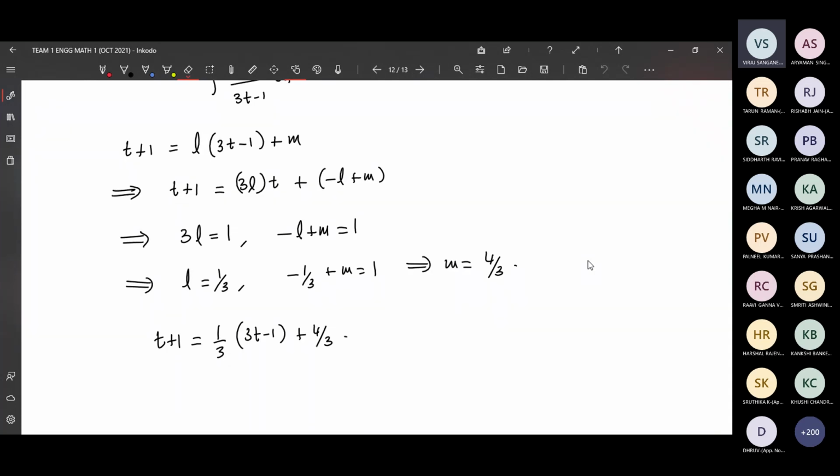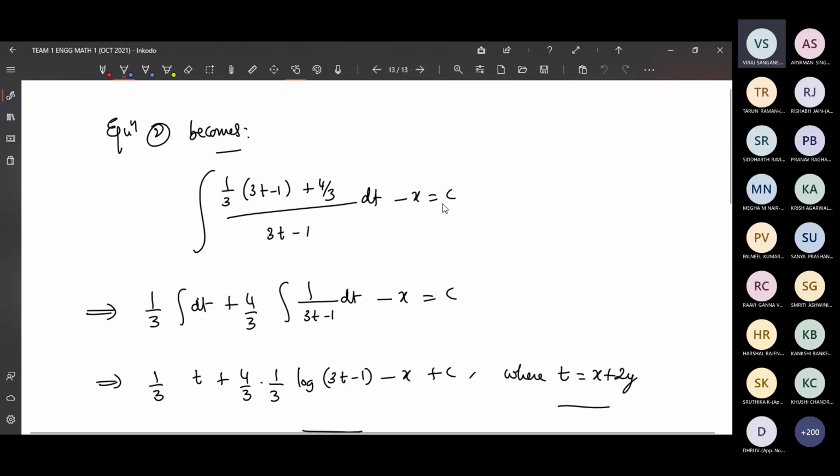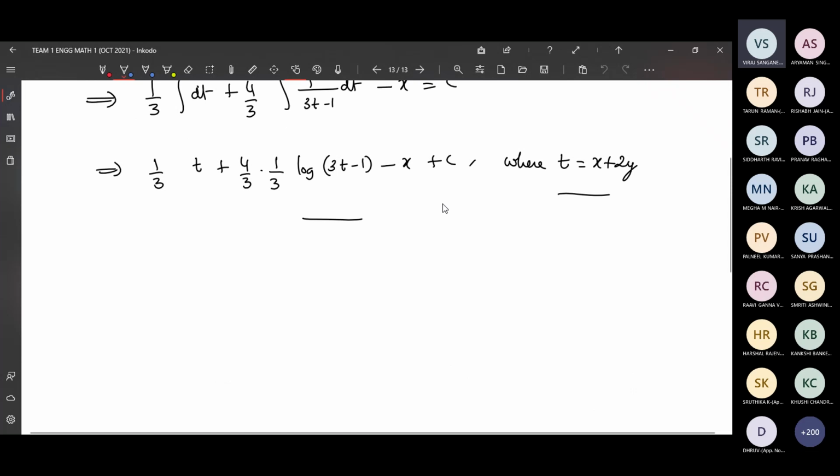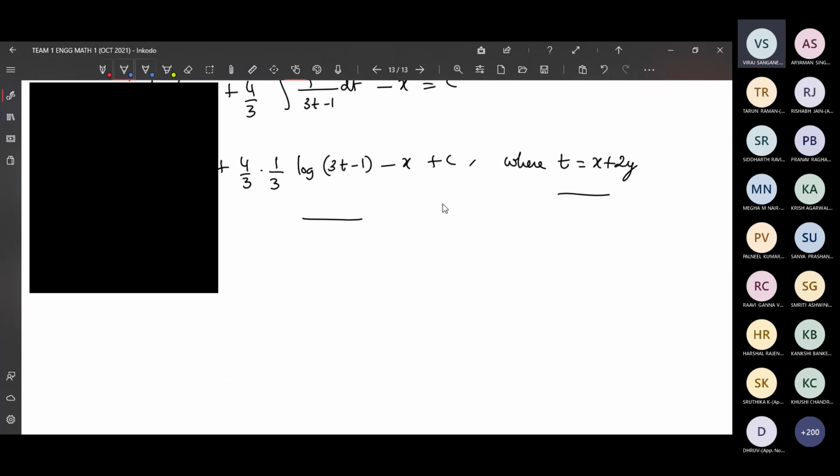We are comparing the coefficients of like terms. This one is comparing coefficients of like terms on both sides. Constant means constant, power of t means power of t, t means t. Thank you, sir. Yeah. Next we'll have one more example on this.